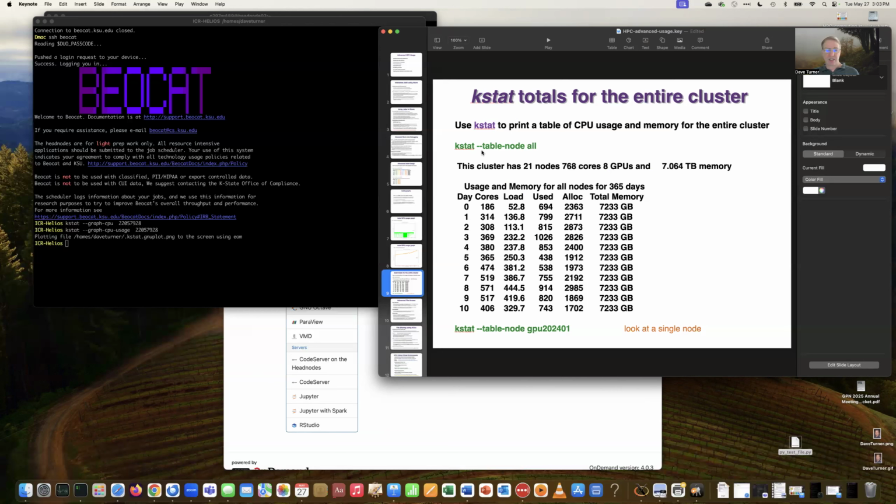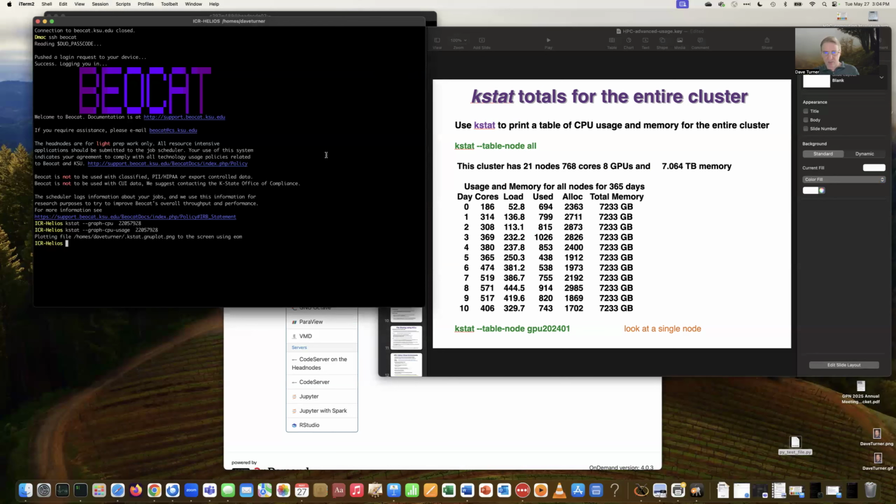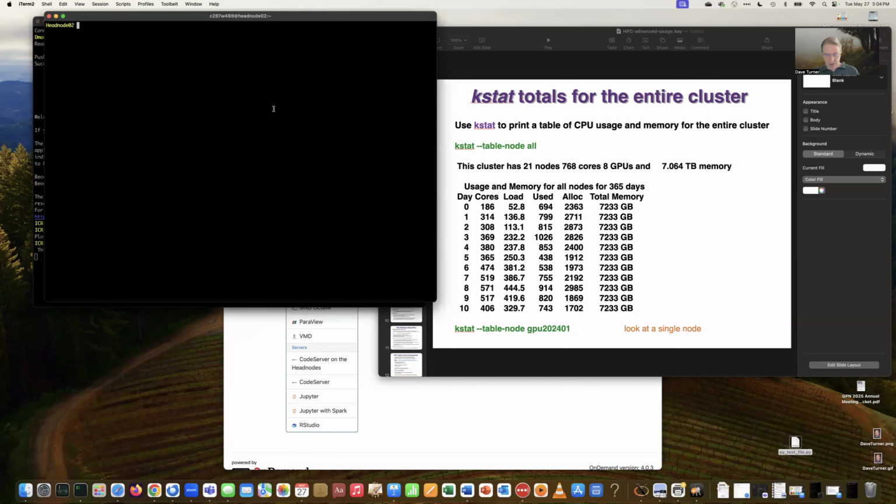And this is a table generated for all the nodes. You can ask for a specific node if you want to look at a specific node. This is for all of the nodes here. And let me just run that on BeoShock. Now, this is going to take a few minutes on BeoShock, but to tabulate all the data, the first thing that's nice is it tells you how many nodes there currently are, how many cores, how many GPUs, and what the total memory is. So if we do the same thing on BeoShock,